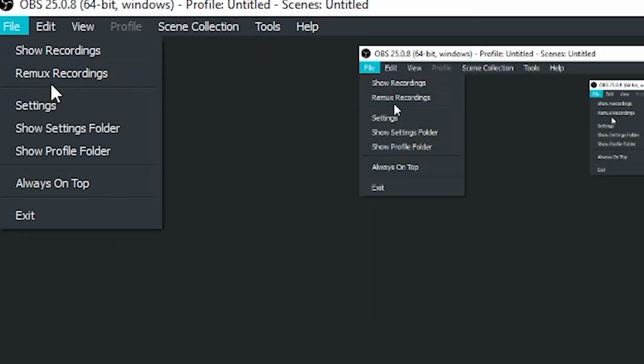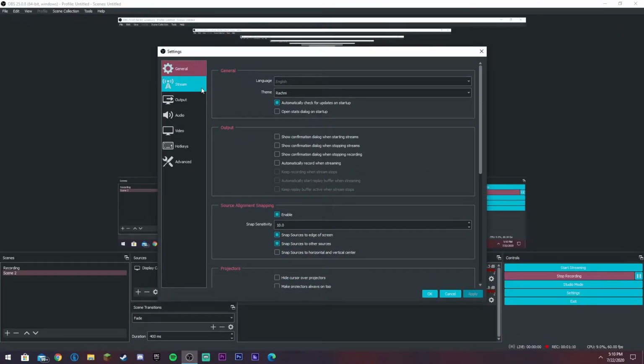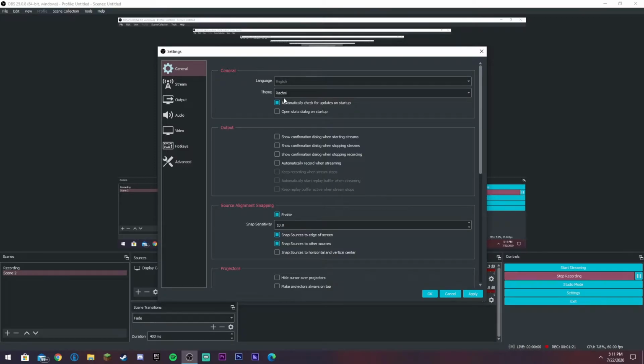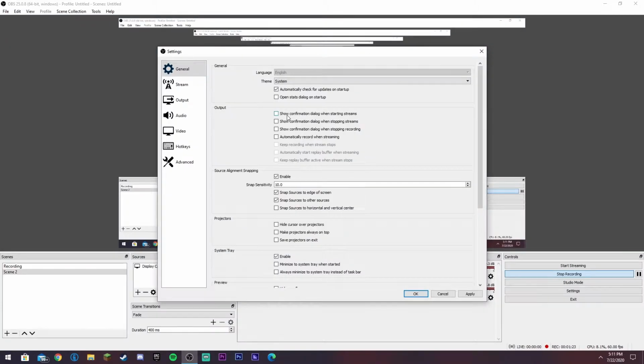So, first things first, go to your settings, your general tab. First things first here, you want to go to your theme and you want to put that on dark or raunchy, because no one in the entire world should ever use this setting. Don't ever use white. It needs to be black, alright? It needs to be dark, because